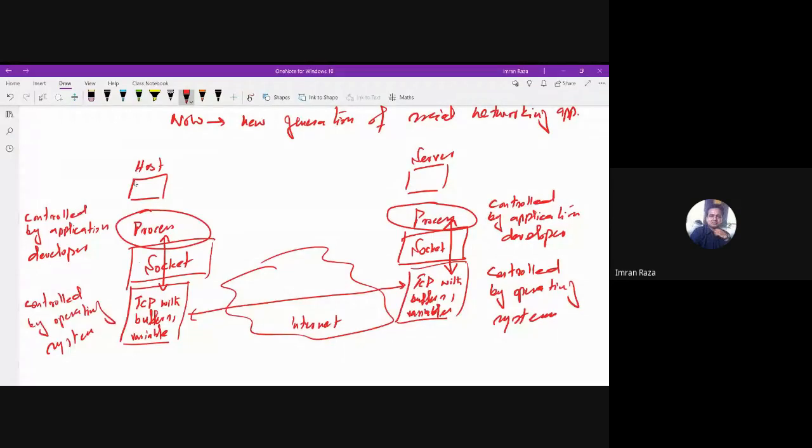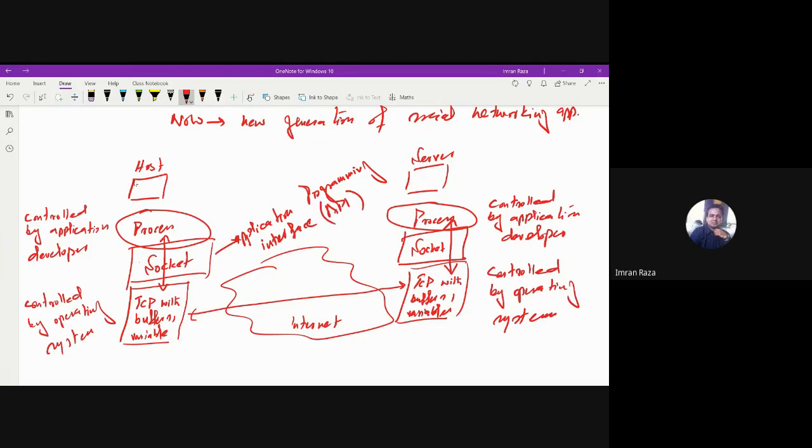So this socket is a sort of door or an opening, right? And we also call it an application programming interface, or API, right? And yes, we are familiar with this.